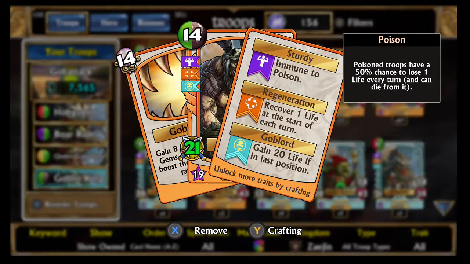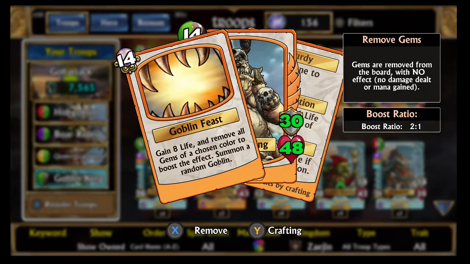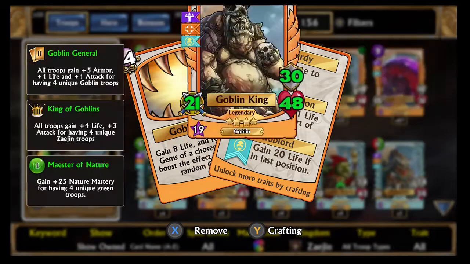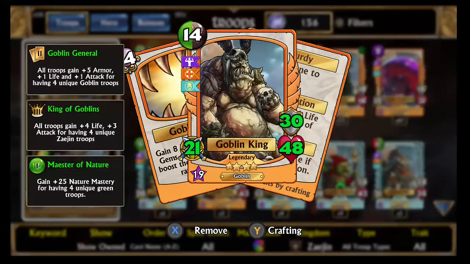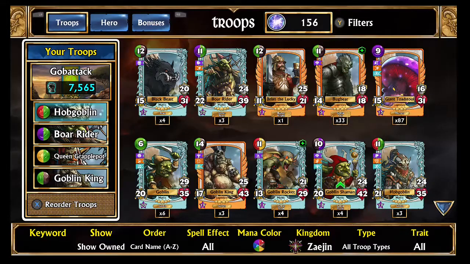Goblin King's pretty nice. He's probably my least favorite one on here. He summons more goblins and gains a whole bunch of life. He is seriously an insane life monger, because he gains that extra 20 life in the last position, so he'd actually have 68 life, not 48. Actually, I think that is already in there, but...